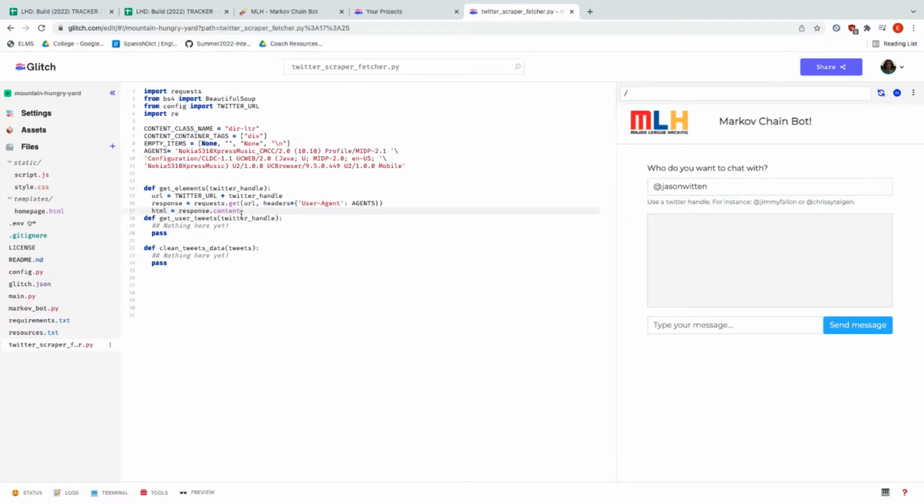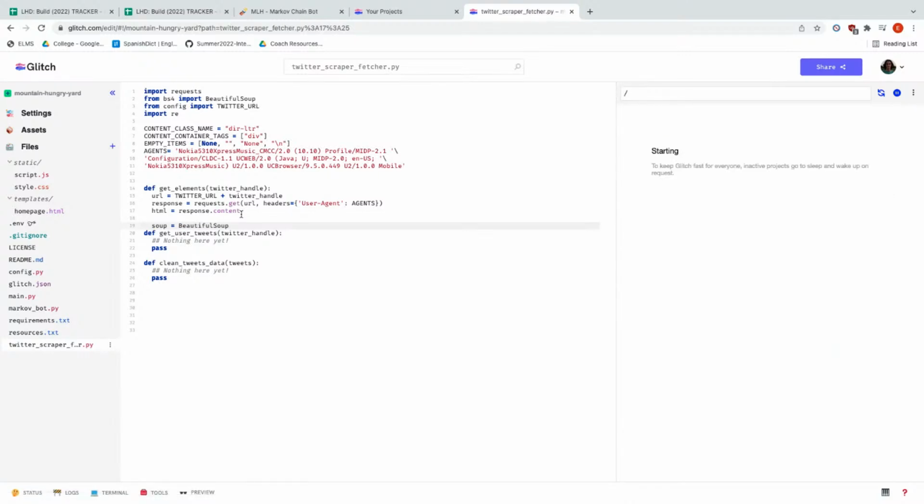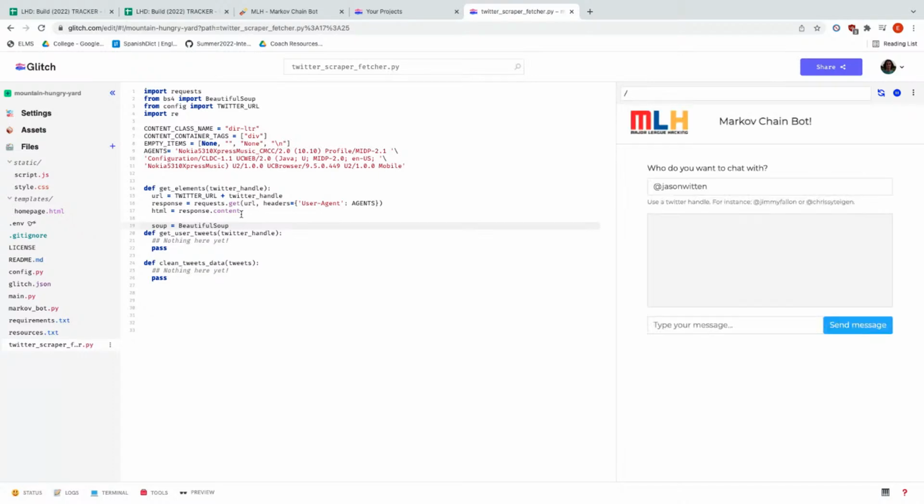It's going to say soup equals BeautifulSoup, spelled the same way as in line 2, and inside of it you pass the parameters HTML and html.parser.